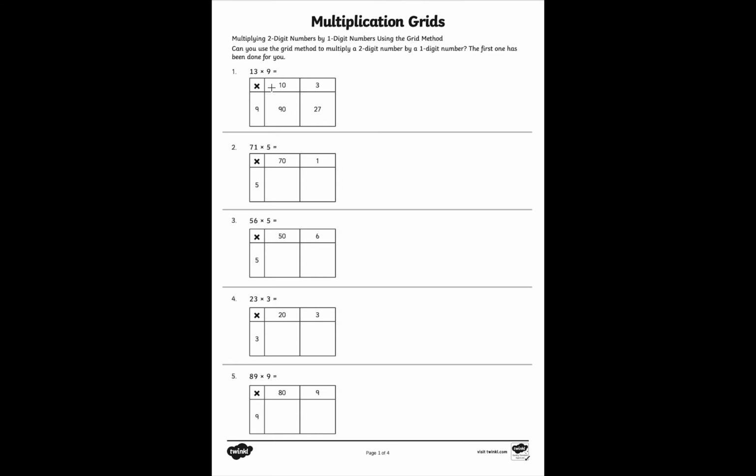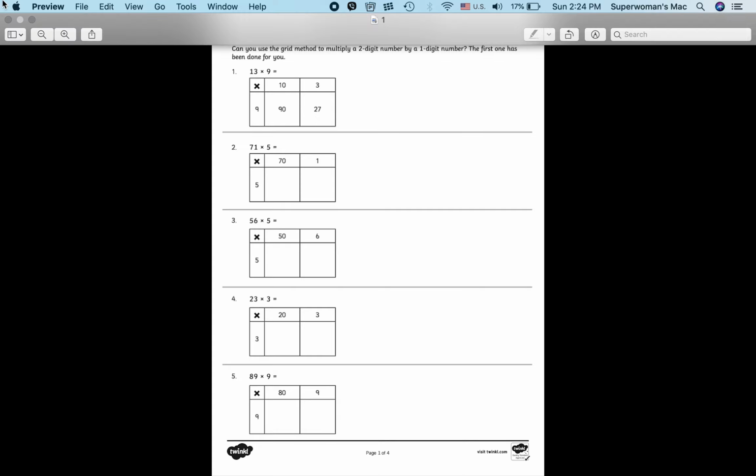We're going to separate the 13 because 13 is basically 10 plus 3. So we're going to write 10 here and 3 here. So we're going to separate the 13 into 2 smaller, easier to multiply numbers. Now we're going to multiply the 10 with the 9, which equals 90, and then we're going to multiply 3 with 9, which equals 27. Now, in order to answer the original question, which was 13 times 9, we're going to add these two together. So 90 plus 27 is 117. Now, if you had a calculator and you multiplied 9 with 13, you would also get 117. Now, this is a homework. You can do it the same way. Another more complete